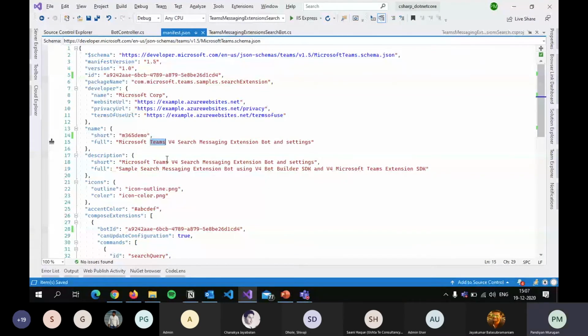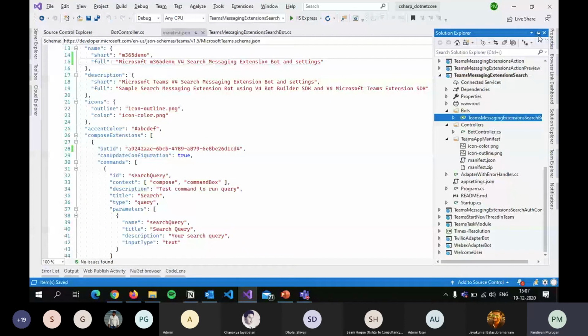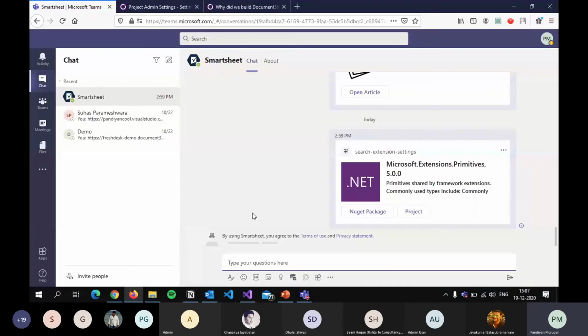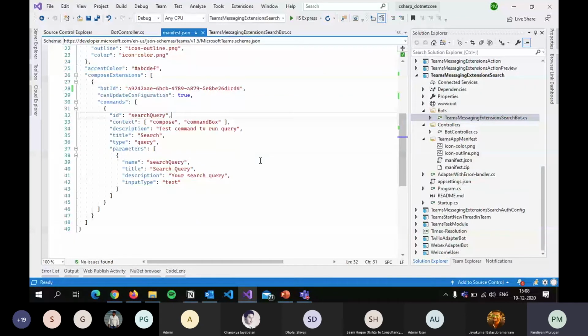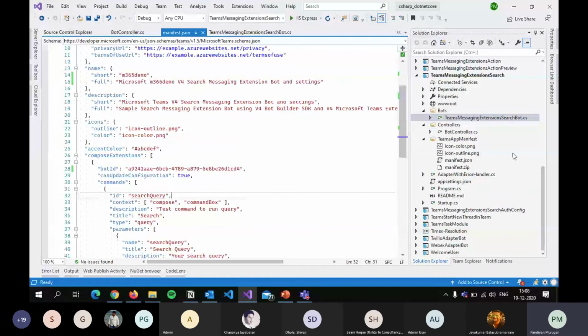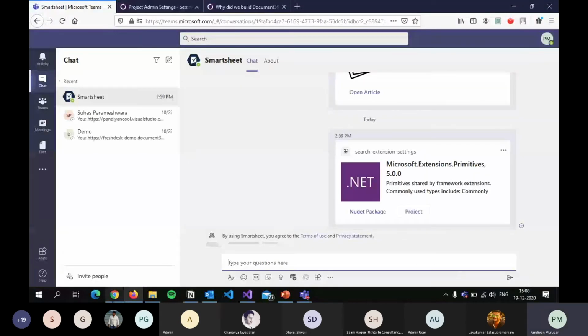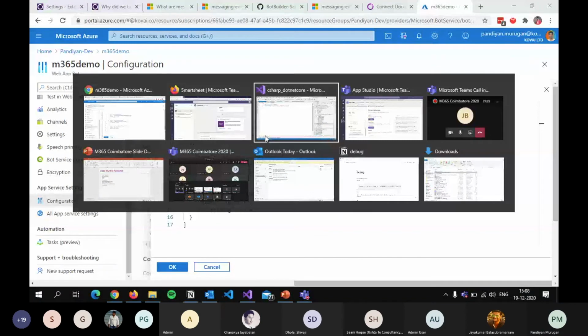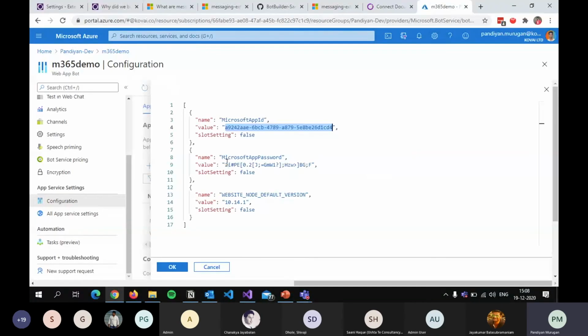Next, we created something and we can upload it in the existing environment I have. Before that, we can deploy the recent code we have here and deploy it in the Azure bot we have created. The next thing is to go to your app settings JSON. Here you will have the app ID and app password to validate. Let me copy it again. This will be the app ID and next will be the app password, this long text password.